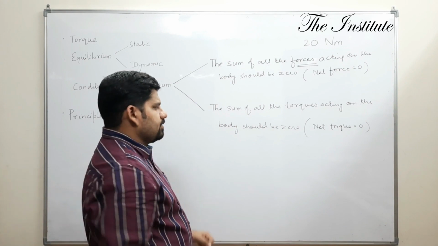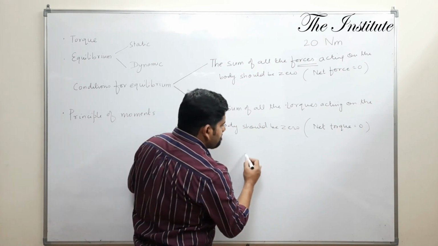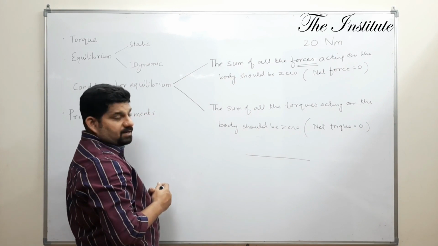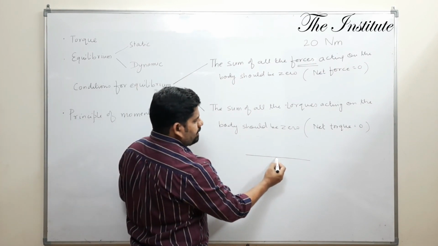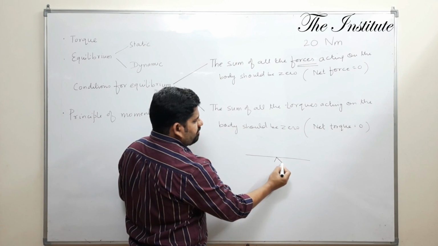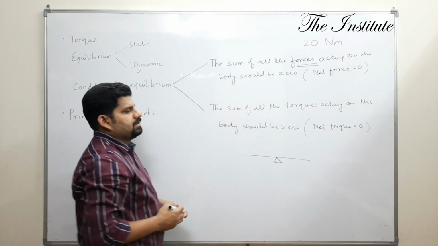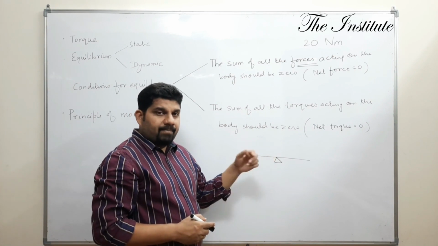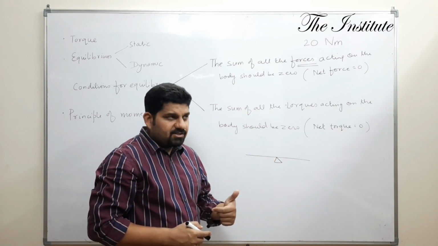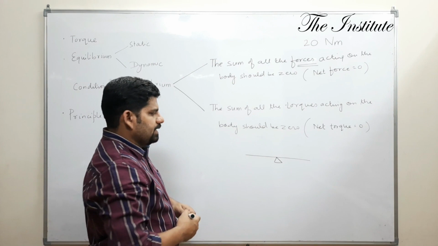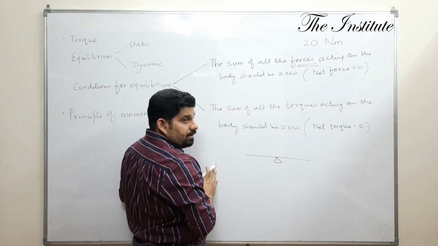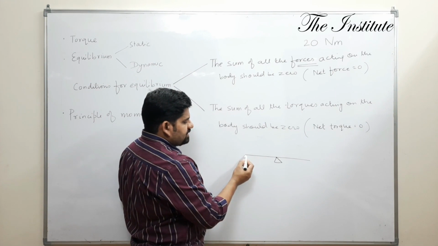Let us understand it with an example. Suppose this is a rod fixed about this point: fulcrum, pivot, knife edge, all different names for the same thing. It's pivoted here, and suppose